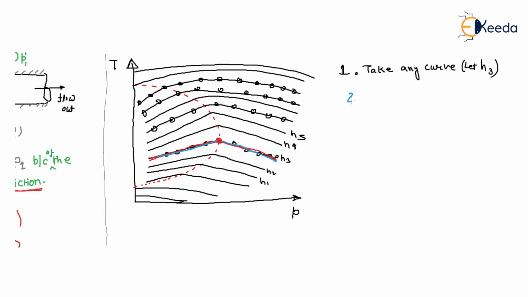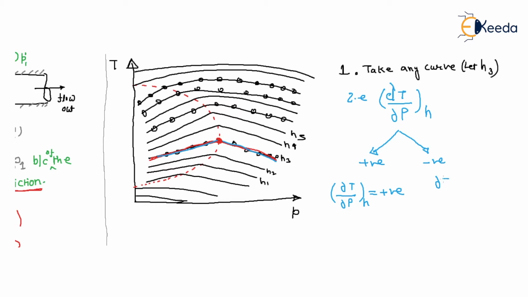What is the slope? It is dou T over dou P. This is the slope, at which the enthalpy H has two values. In some part it is positive and in some part it is negative. So dou T over dou P at constant enthalpy is positive in some part and negative in another part. From your observation,